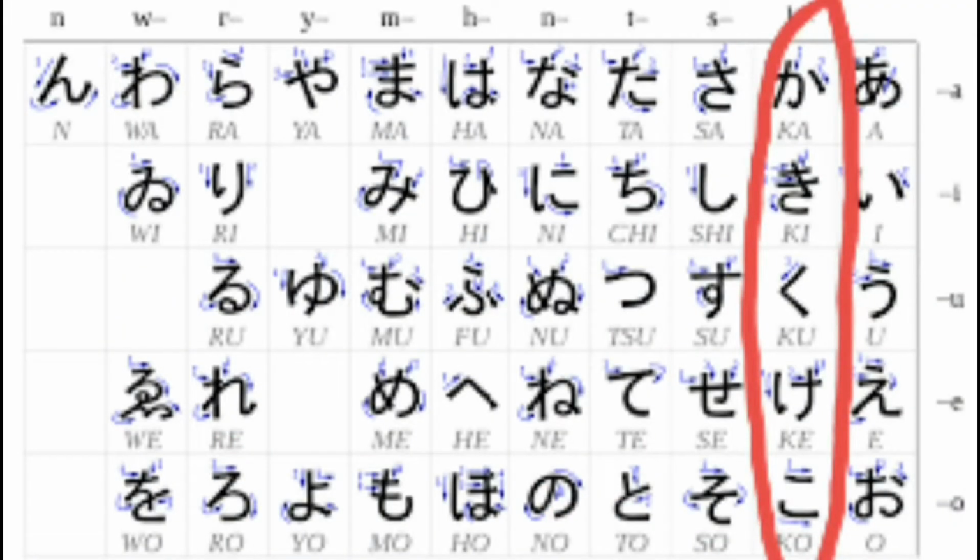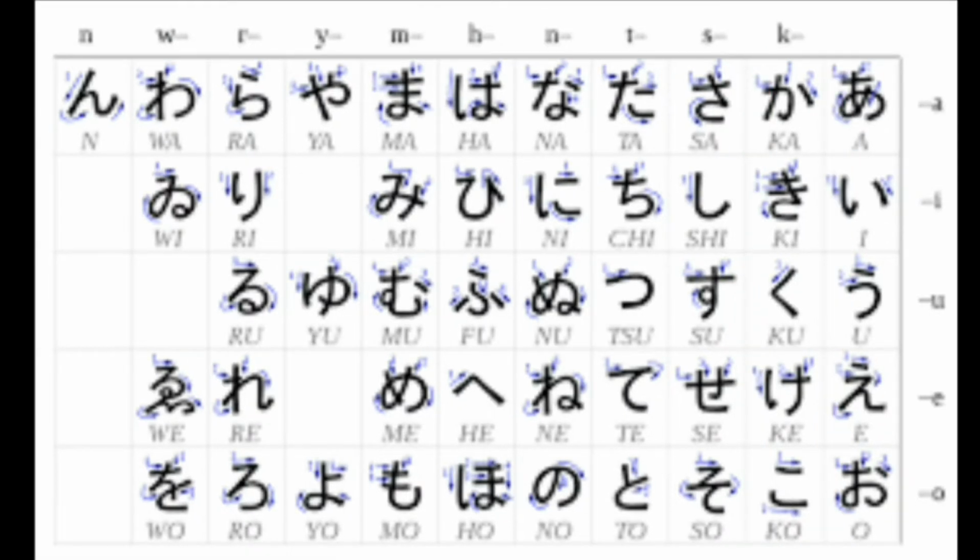Hello. Today we will see how to read K sound and how to write it in Hiragana. Okay? The second vertical line is K sound. So again I am going to read it and you try to repeat behind me. Okay? So first sound is